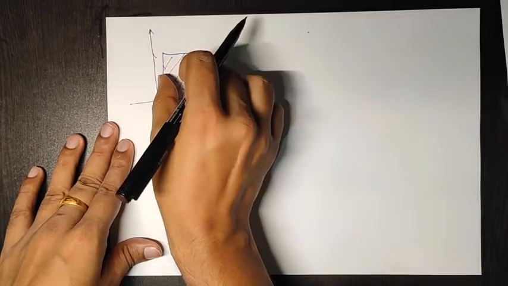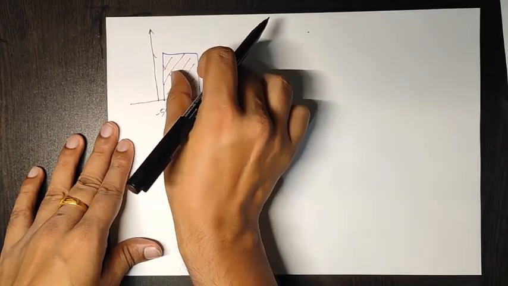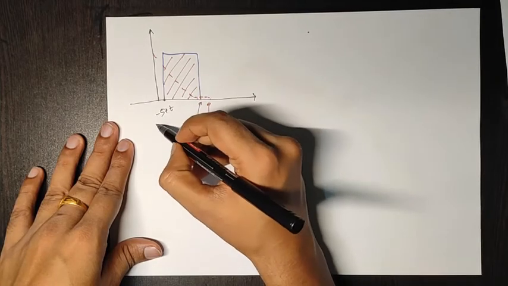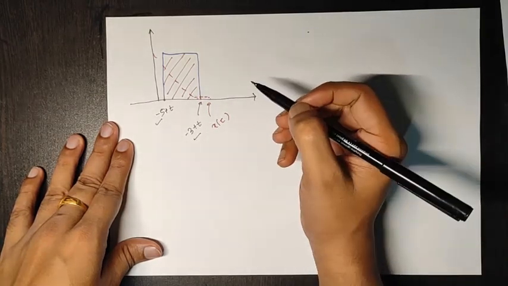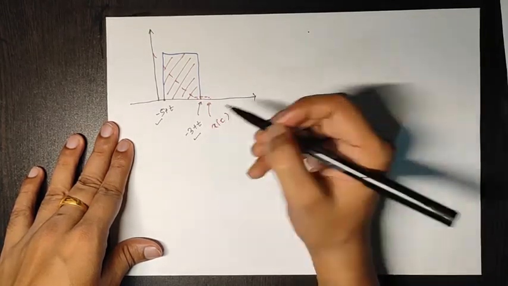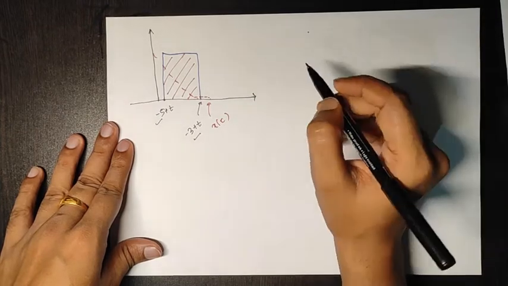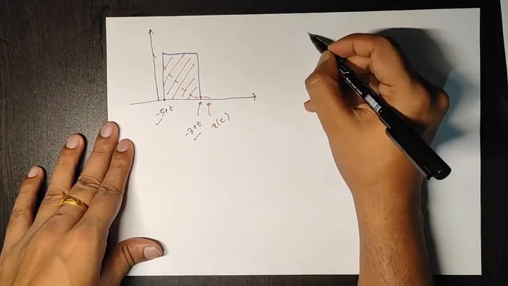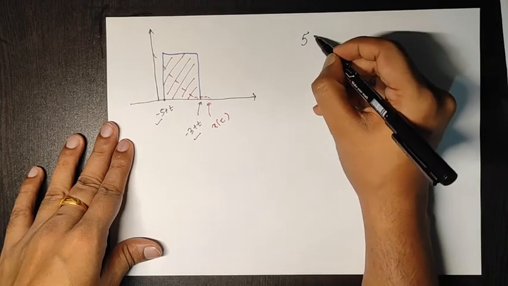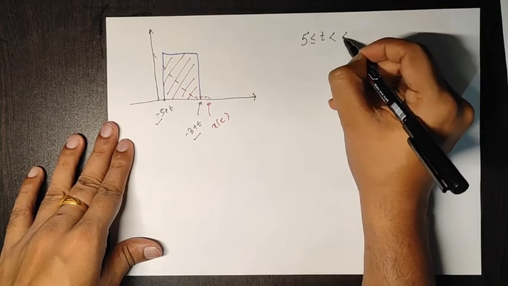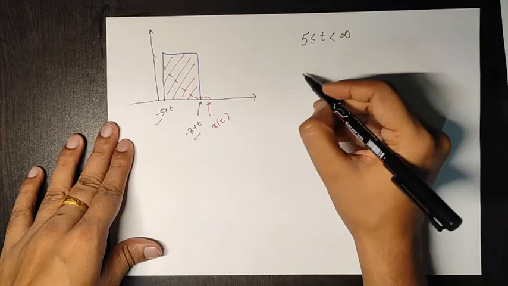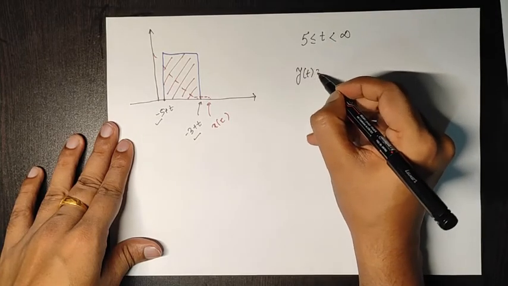And it will be the same. If we keep shifting, we will always get the same limit of integration till infinity, till the value of t equals infinity. So here, for the value of t to infinity, we can simply write y(t) equals